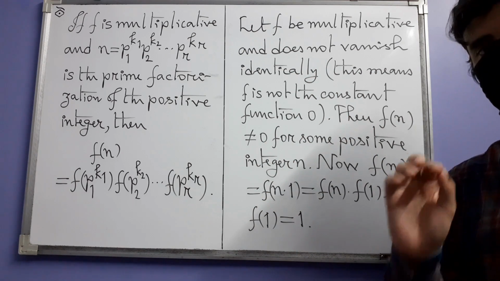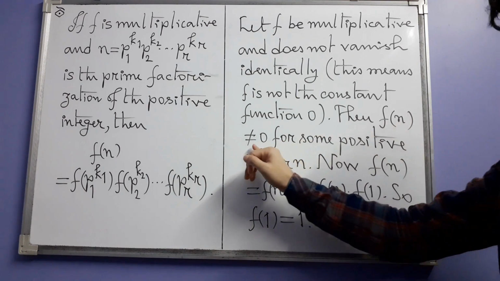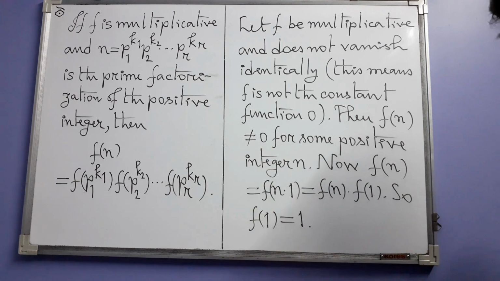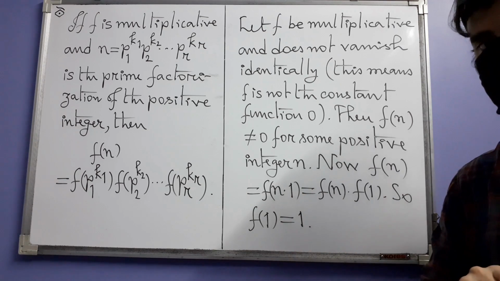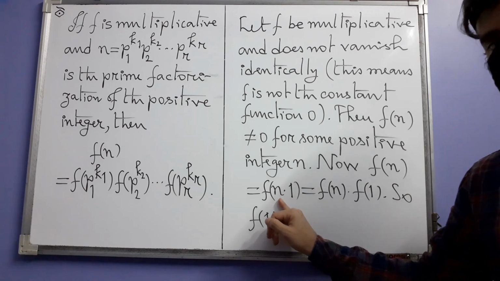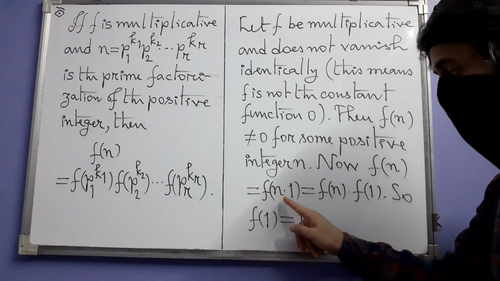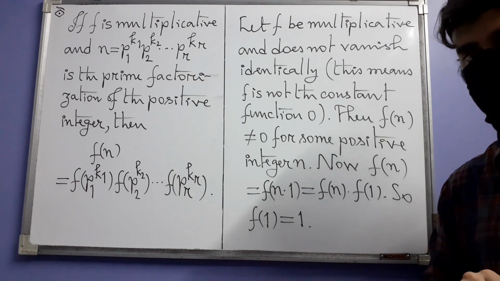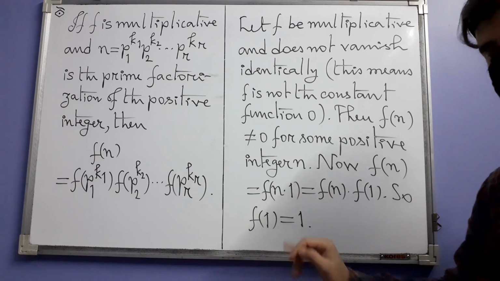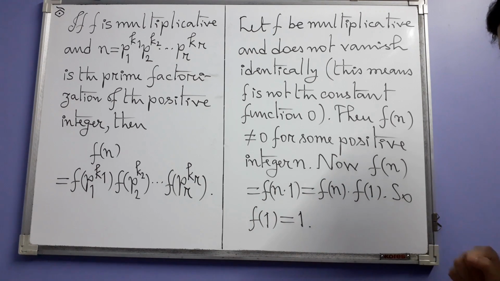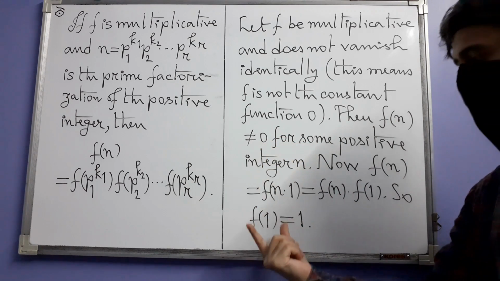That is, f is non-zero at some positive integer. So there will exist a positive integer n such that f of n is not equal to 0. Then f of n, you can write n times 1 in place of n. Now no matter what n is, after all a positive integer, it can be anything. n and 1 are relatively prime, and since f is multiplicative, f of n times 1 is f of n times f of 1. Now we can cancel f of n from both sides because f of n is non-zero, and that gives you